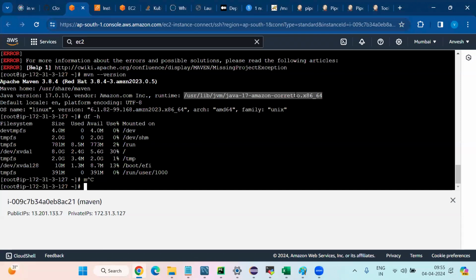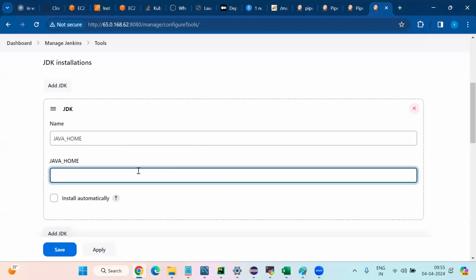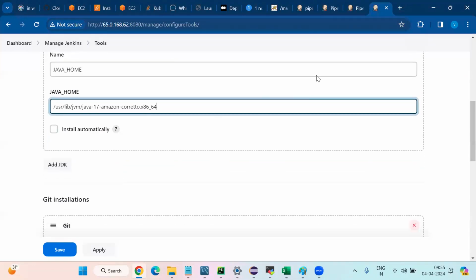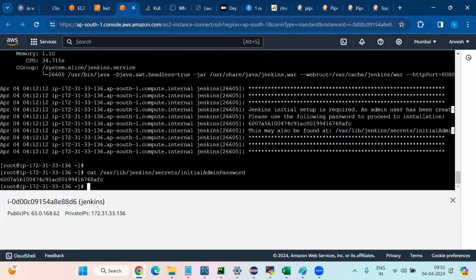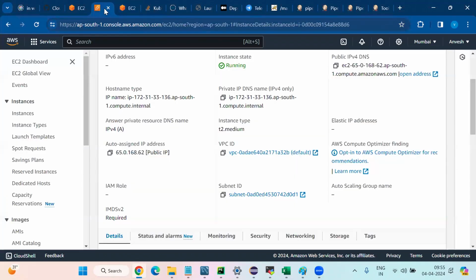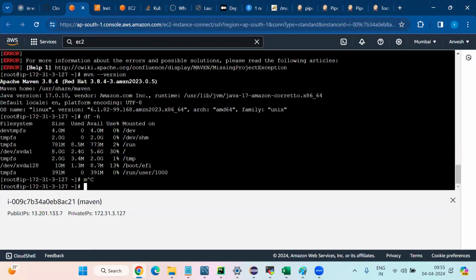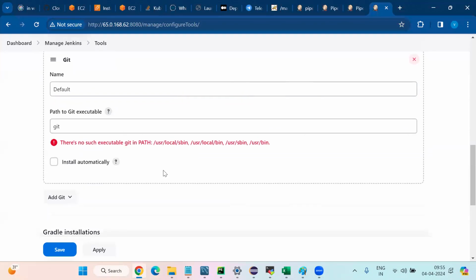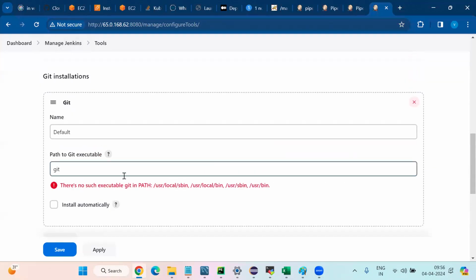Okay, come. You will get Jenkins streams only today. Okay. Next, what I need to copy? Maven path. Where is my Maven? Oh,